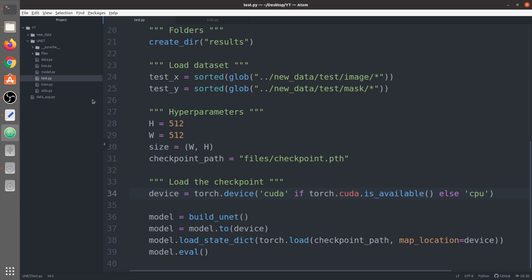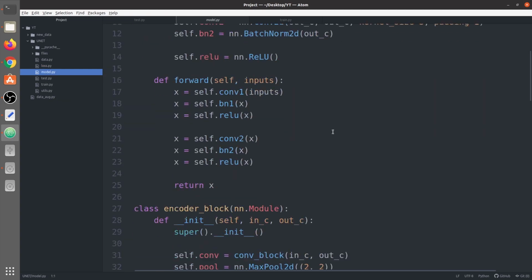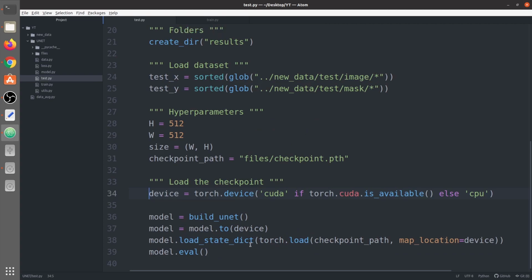If you don't have the resources, you can reduce the number of filters in the model.py file. It's up to you, for testing, if your hardware level is not that high, you can do these steps.